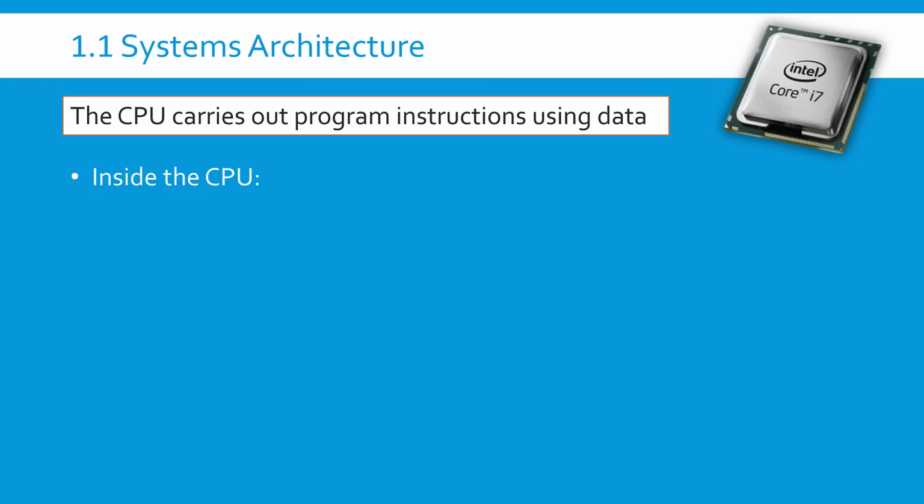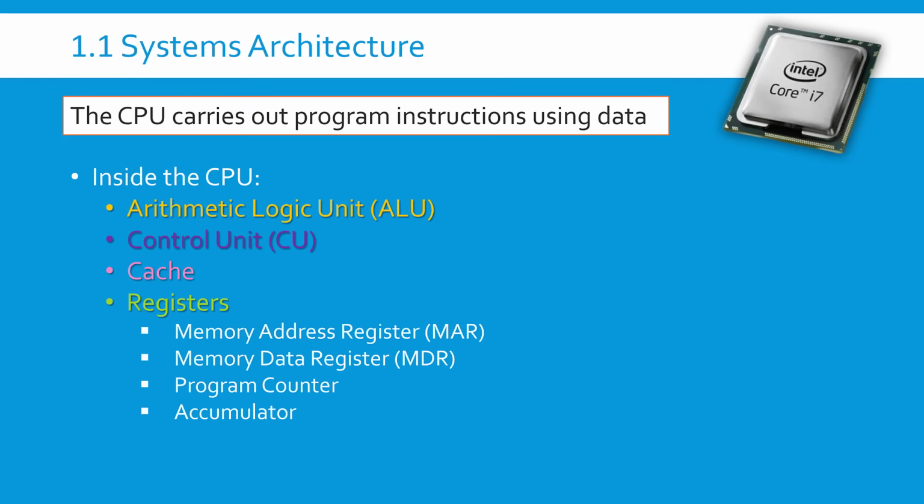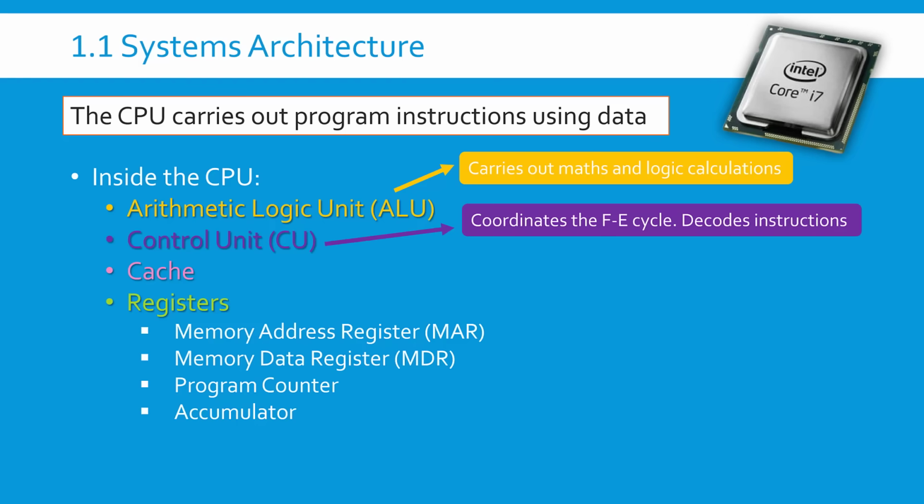Now inside our CPU, we have other components which you've got to know about. Starting with the ALU, the arithmetic logic unit. What it does is carry out the maths and also logic, like Boolean logic, needed to carry out those instructions. The control unit really runs the show, so it coordinates the fetch execute cycle, and also within that it will